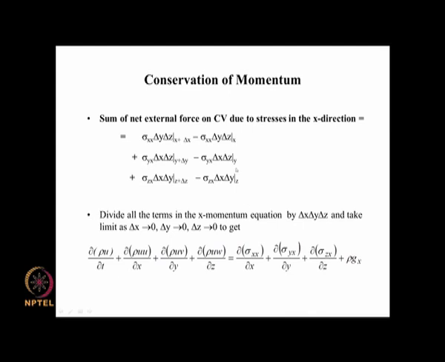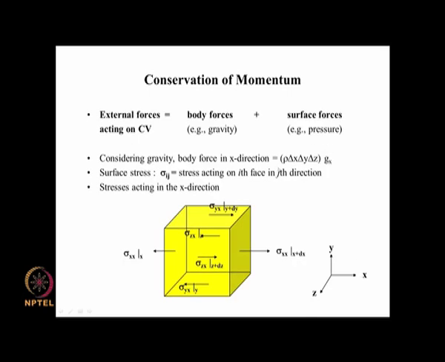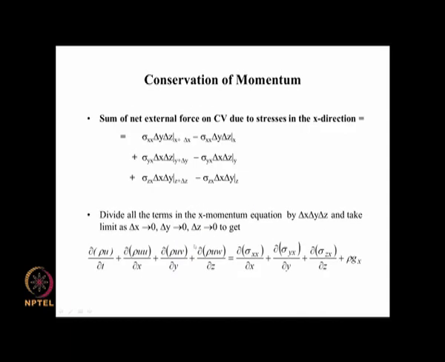Because when we divide these two terms by delta x, delta y, delta z, delta x and delta z cancel out and only delta y remains in the denominator. So, when you take the limit of delta x, delta y, delta z tending to 0, as you take the limit as delta y tends to 0, this becomes a partial derivative, dou by dou y of sigma yx, and similarly this will give us dou by dou z of sigma zx. Dividing this by delta x, delta y, delta z, you get rho gx. So, this is our momentum balance equation.